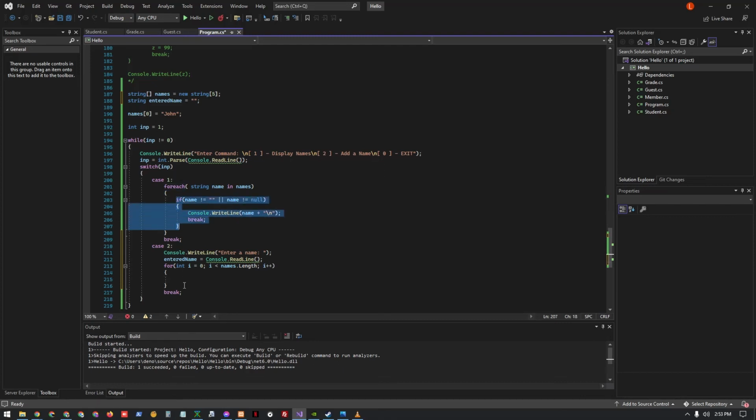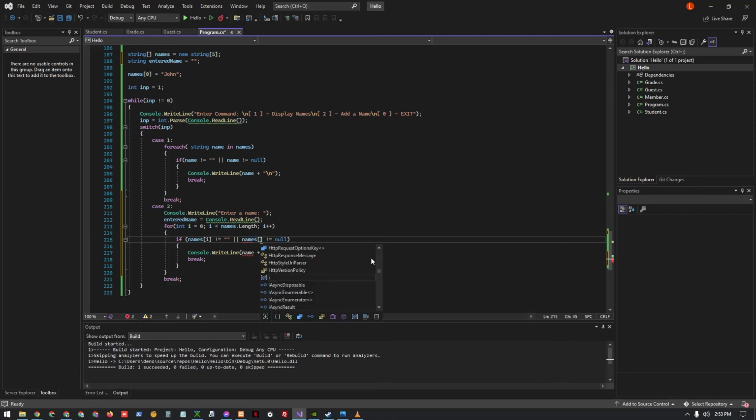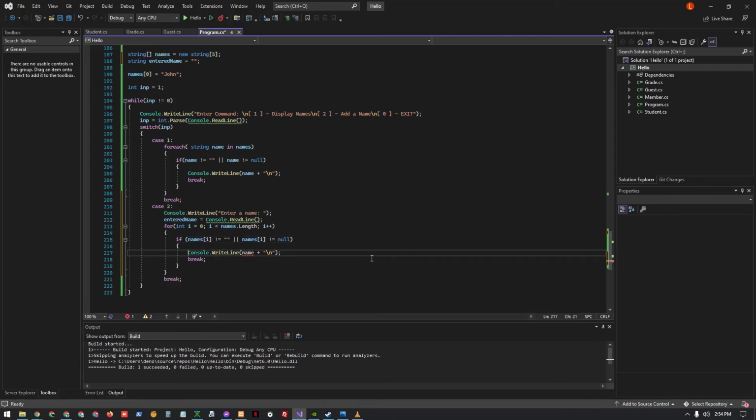So if it's not empty, then let's, sorry, so it should be our names here, names, and then the current element. As you can see, the variable I represents the current element. So names I, if the current element is not empty or null, then let's assign it with a